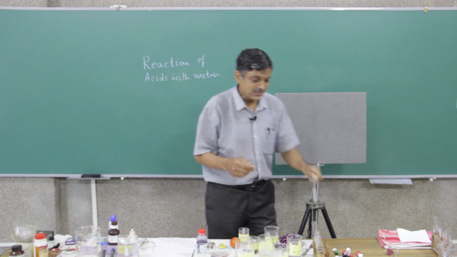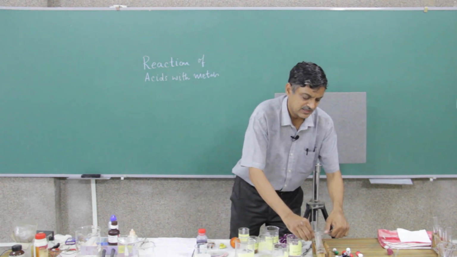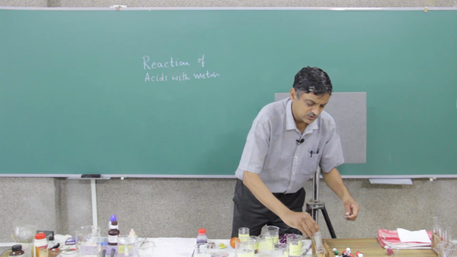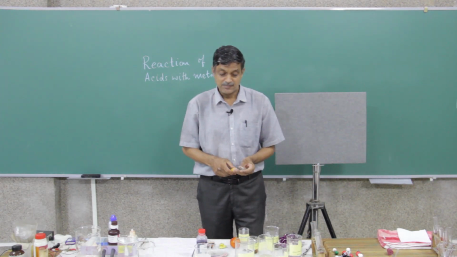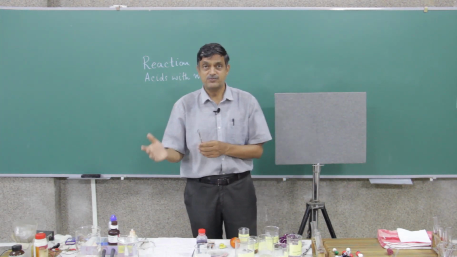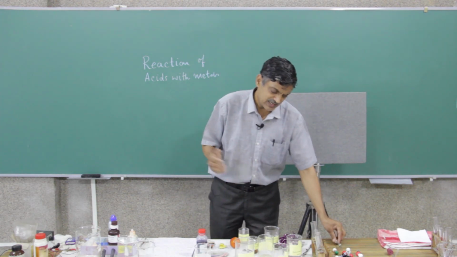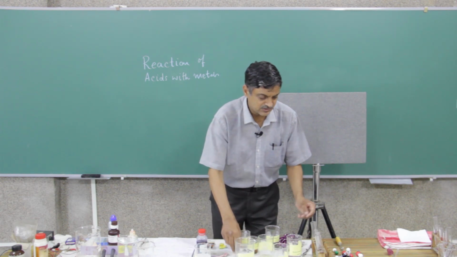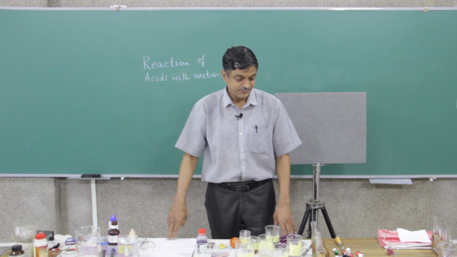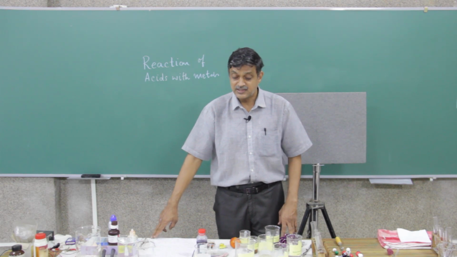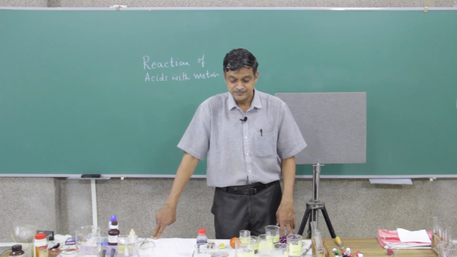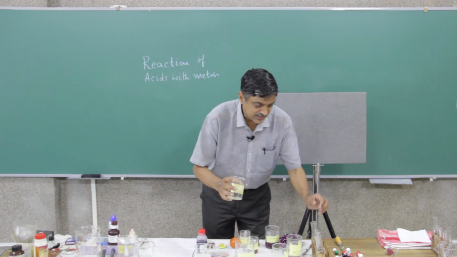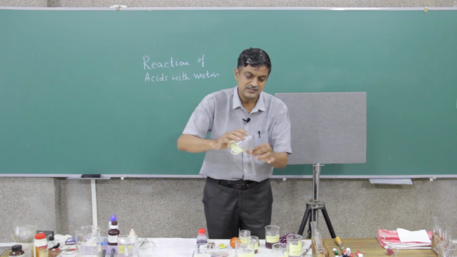So in one sense the two acids behave exactly identically, that is they react with magnesium in the same fashion, but at the same time the difference is that one reacts vigorously and the other one does not. Just like human beings, there are differences in the way we react, right? In the same way the acids also show differences in their behavior. There are certain acids in which magnesium may not react at all. So let us try with this